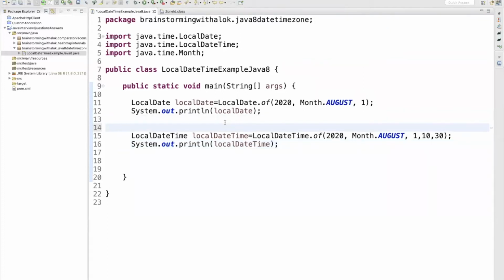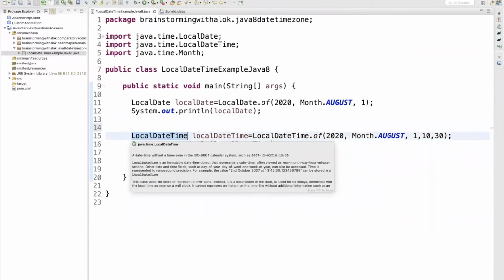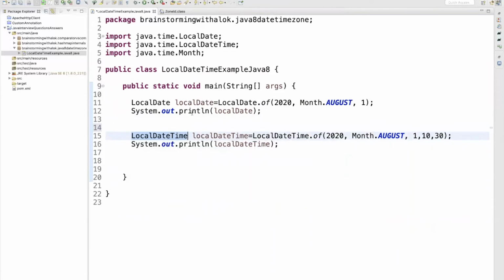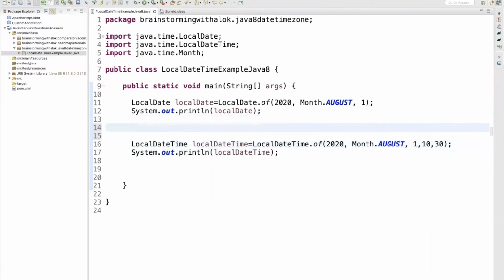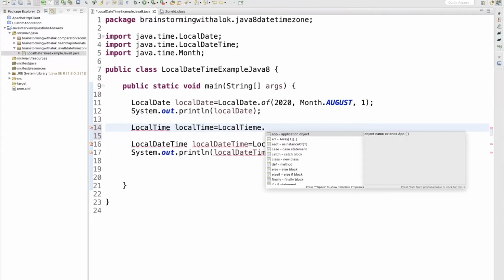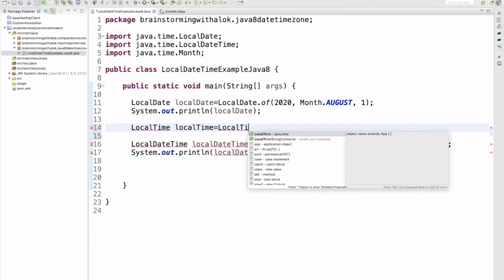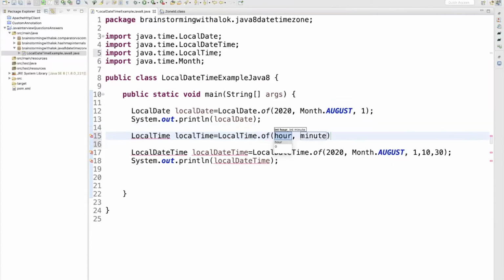LocalDateTime has one method that takes a LocalDate and a LocalTime. So like LocalDate, we can have LocalTime equal to LocalTime.of, where you can give 10 for hour and 30 for minute.